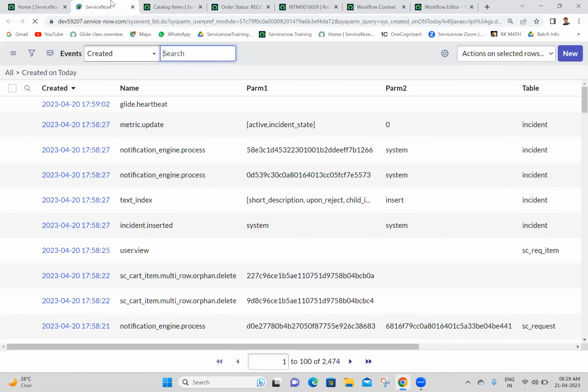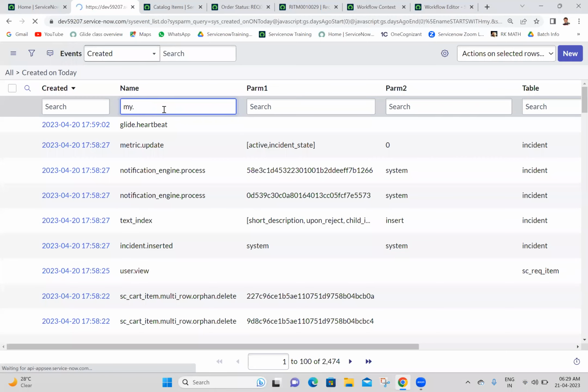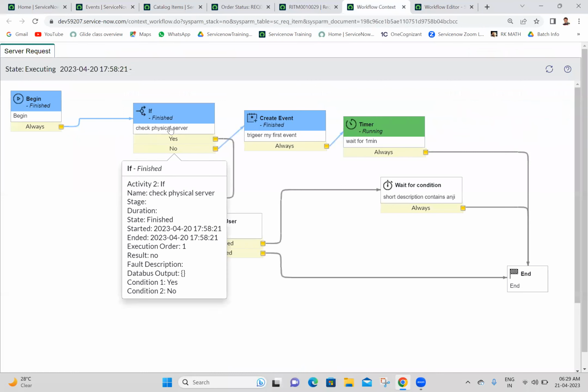No. Finally, what did we change? The condition. We changed the condition, right? So here we changed the condition. The server type is virtual we kept. That means yes, it will execute if it is virtual. Okay,